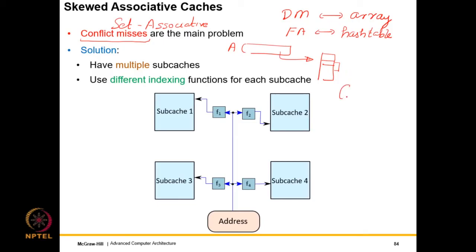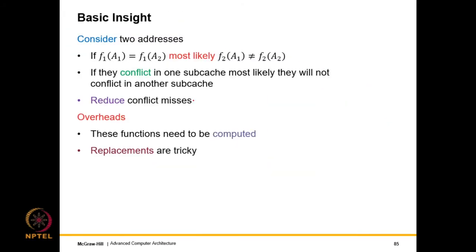There is another way of hashing, which is known as cuckoo hashing. In cuckoo hashing, instead of using one hash function, we use multiple hash functions. So we can divide a cache into 4 subcaches. Given an address, we can compute 4 different functions on it, f1, f2, f3 and f4. They would essentially produce different locations within the cache, right? If you can see, all of these locations are different. There is a beautiful property which I will come to next.